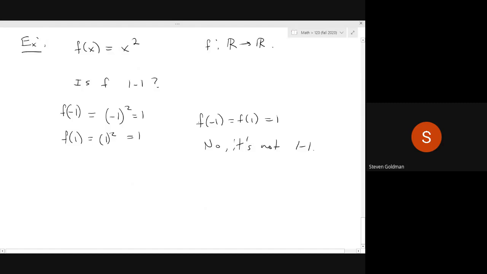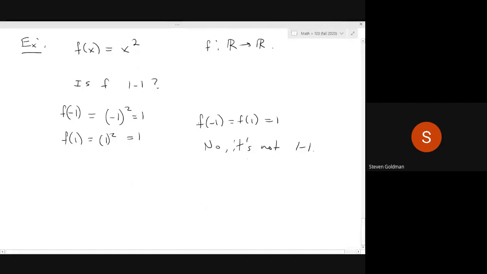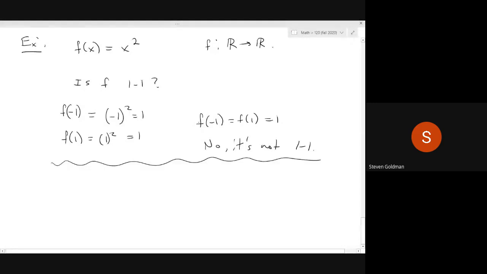Okay. Another way to see that would be to do the following. One way to show that it's not one-to-one, this is probably the easiest way, would just be to find an example, find two different numbers that I can plug in and get the same number. Another way you can show it's not one-to-one is by, instead of finding two particular examples, picking arbitrary numbers